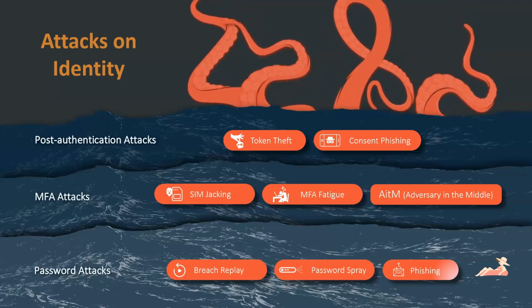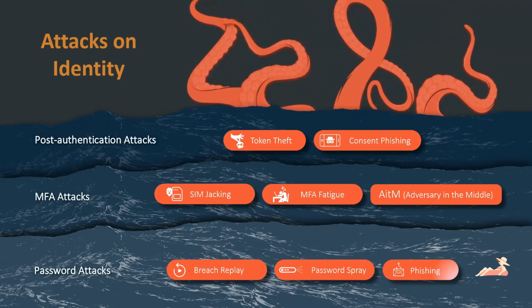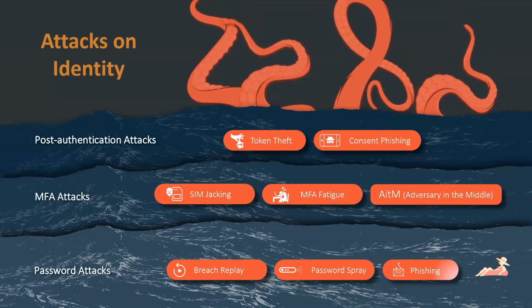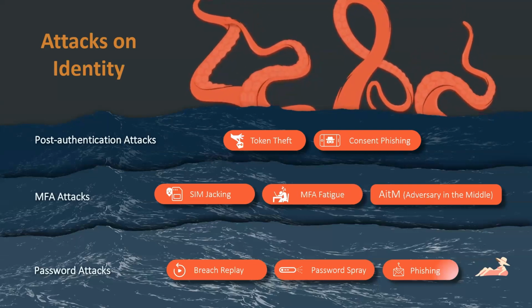I do want to call out one thing as it relates to phishing. A lot of our users have been educated on phishing, but in a very email-centric focus. So we're going to show you later in the presentation how the concept of phishing can be really applied anywhere.